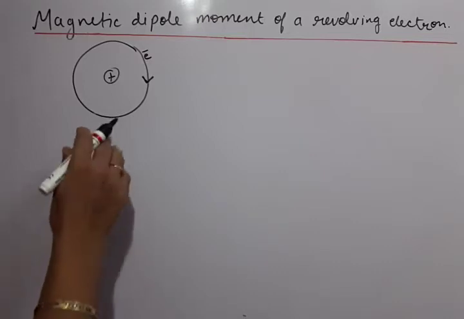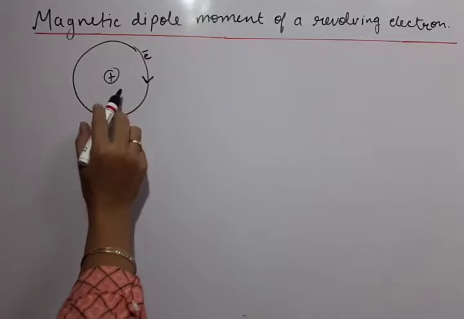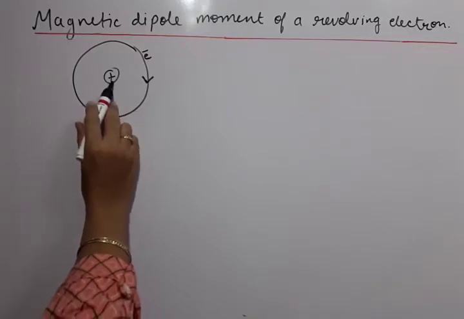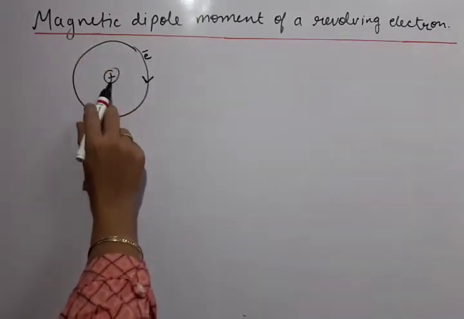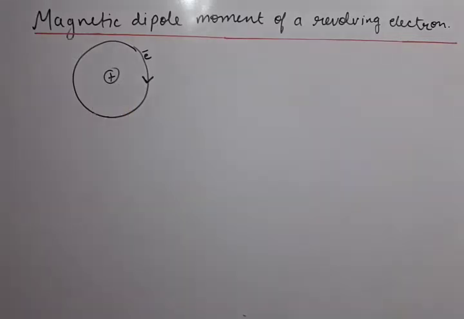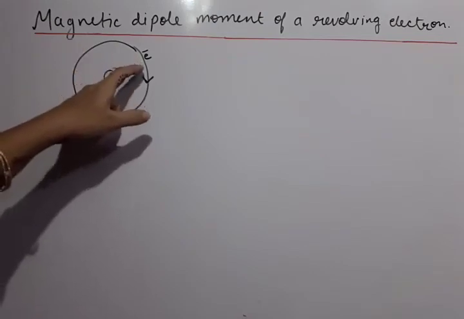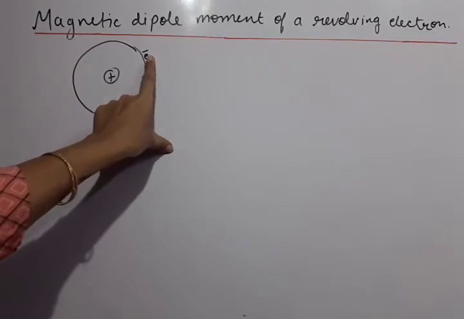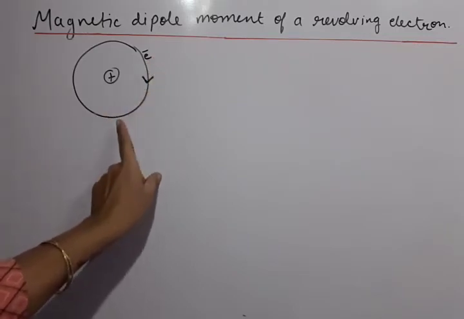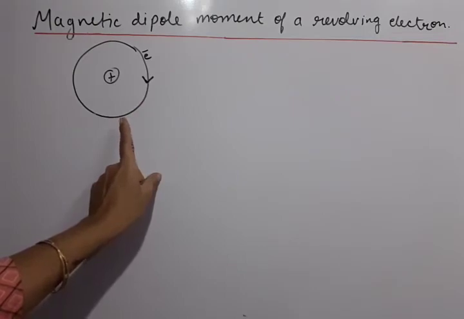If we see the atom's configuration, in the atom there is a positive nucleus at the center and the electrons are revolving in different orbits around this nucleus. So, when an electron is revolving in this orbit, actually electron is a charged particle, negatively charged particle. So, when a charge is revolving or moving, that means it is making current, right? And a moving charge makes a current, and we have studied that around any current there is the magnetic field.